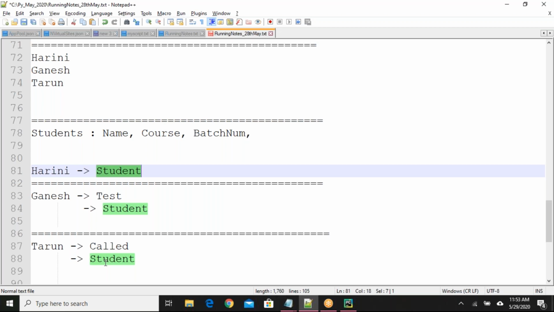I'll share the programs. After completing the class, the video is taking more than an hour to process, so I'm unable to share the videos quickly. For now I'll share the programs in the same Google Drive. I'll create another folder, Advanced Python, and upload the files there. Please execute the programs in your system, see the output and try to understand.